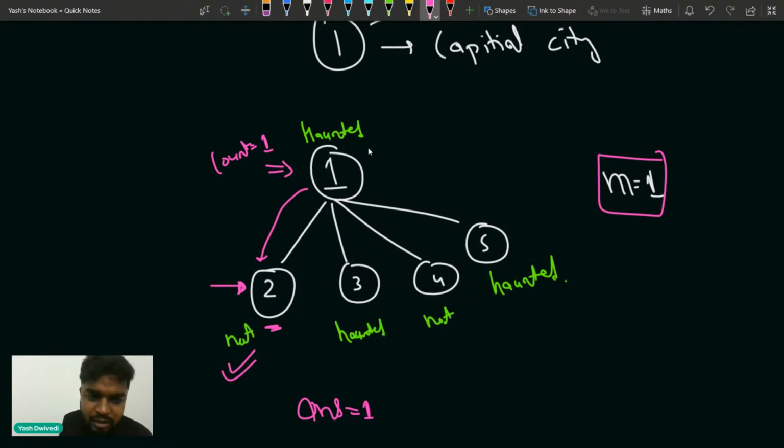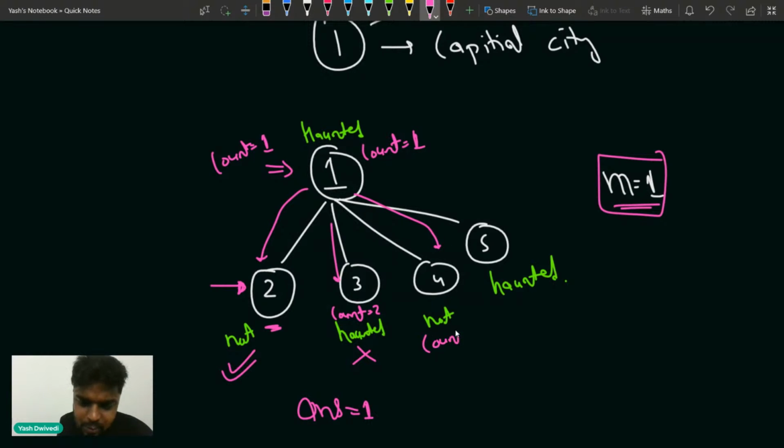Then after that, your count was one here. Now you went down to this house. Now this is haunted, so your count will become two total. Since your count is two, you should not go through more than one haunted house, but you have gone. So this will not be counted. Then when you go from one to four, the count will still be one because house number four is not haunted. So you are able to reach a queen without going through more than one consecutive haunted house. Your answer will become two now, because house number two is counted and house number four is counted.